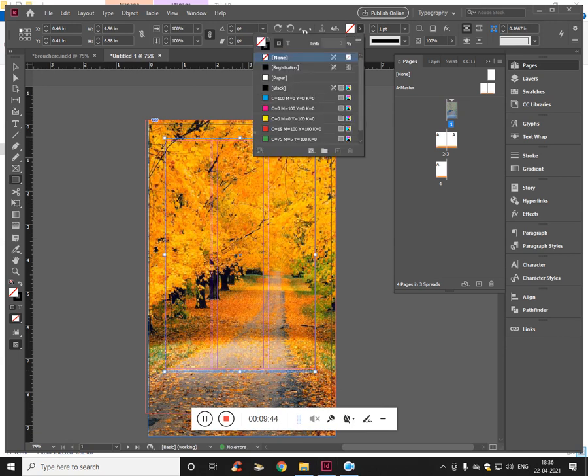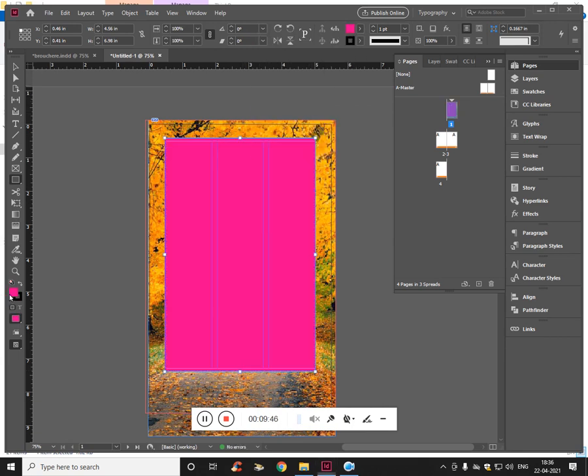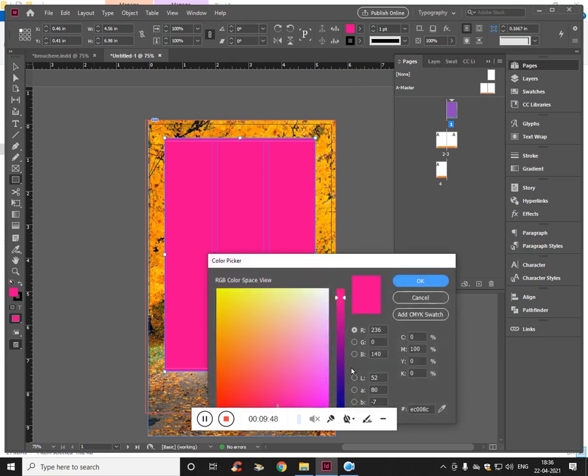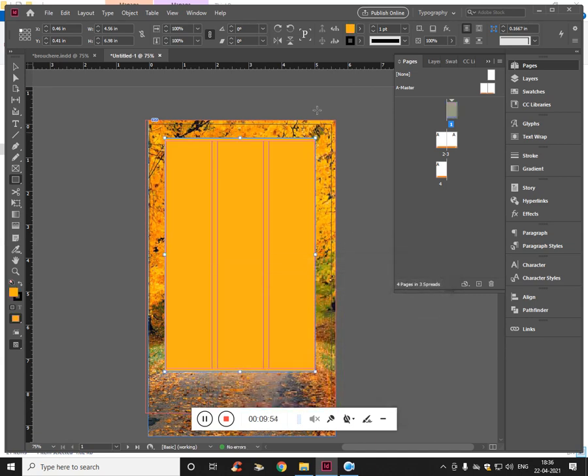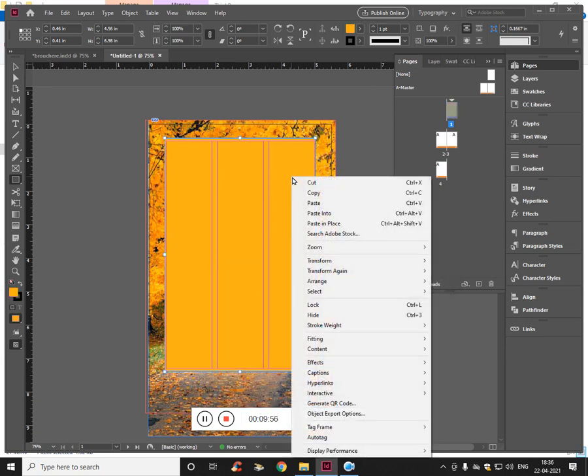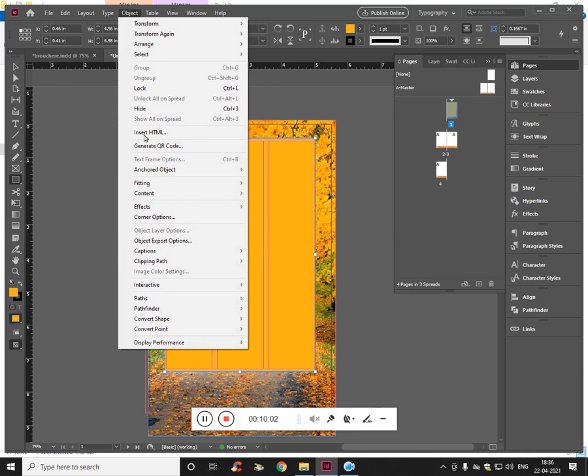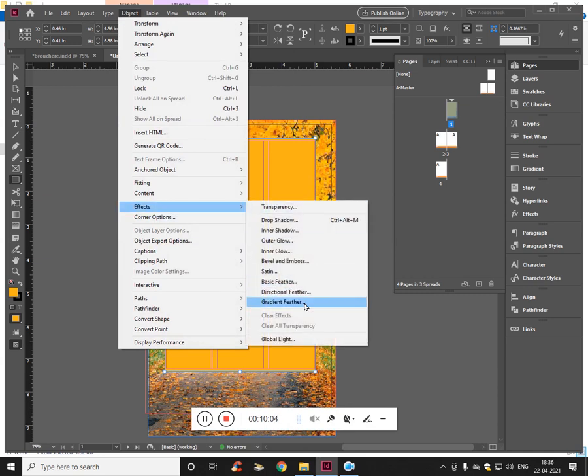Well, that seems okay, click OK. And after that, we need to get into the effect section, and here we would get gradient feather, and you can see this is the transparent. This is the same box we get in Photoshop.